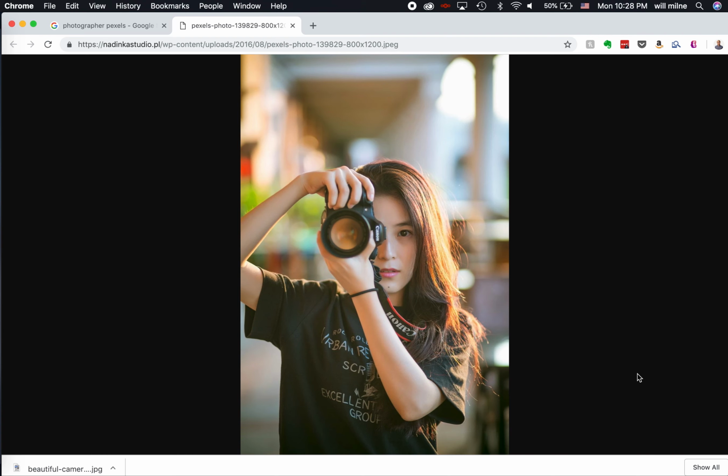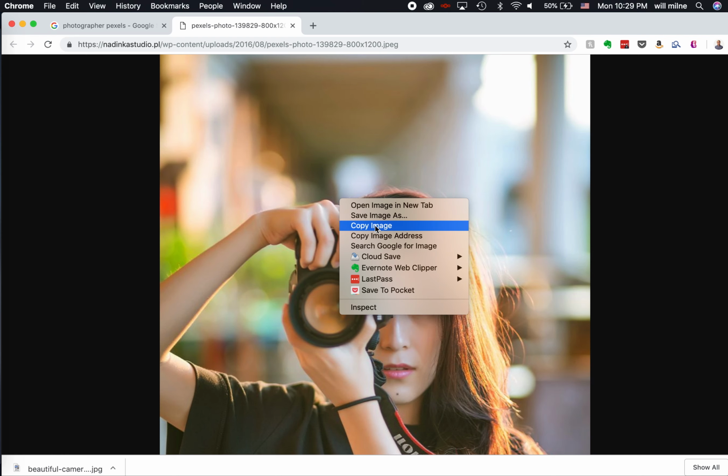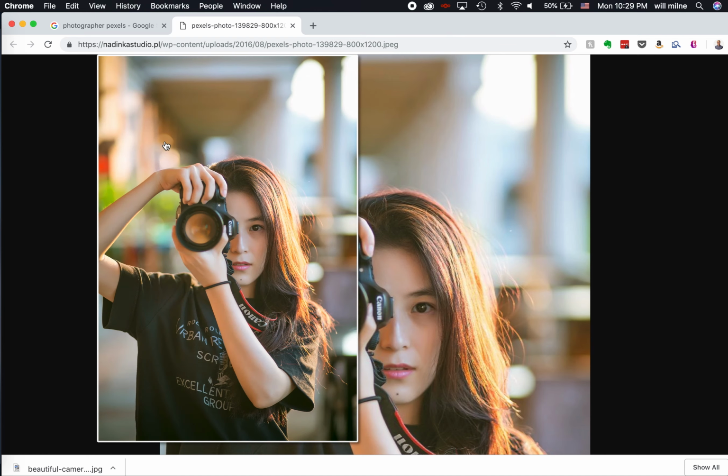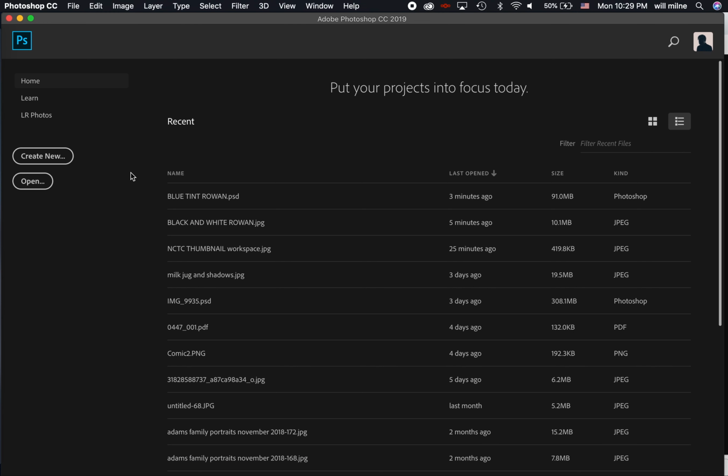Okay, I have this image open in Google. And what I'm going to do is let's zoom in, right-click or two-finger click, depending on what you're using, whether it's a Mac or PC, and I'm going to select Copy Image. So you can just copy anything from the internet, and then we're going to pull up Photoshop,